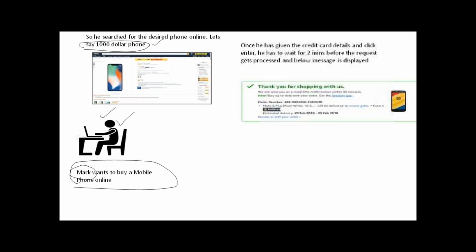Once he has given the credit card details and clicked enter, he has to wait how many minutes? Watch here carefully. Maybe 2 minutes, or 120 seconds. Once he has given the credit card details, clicked on add to cart, and given all the information,